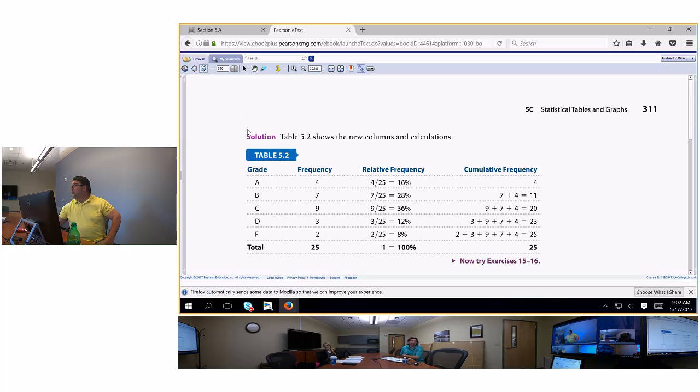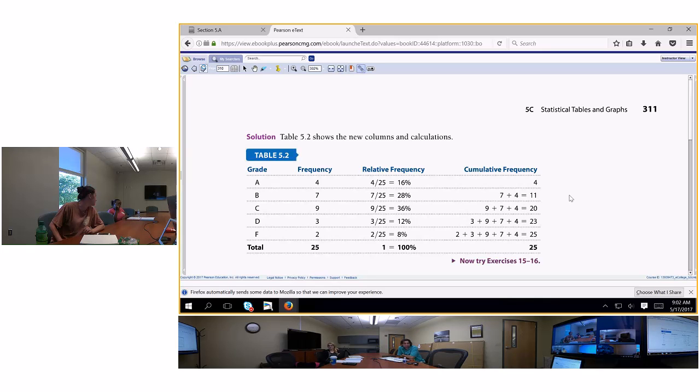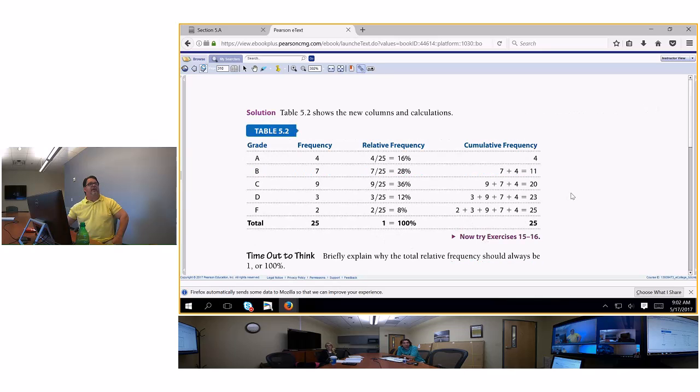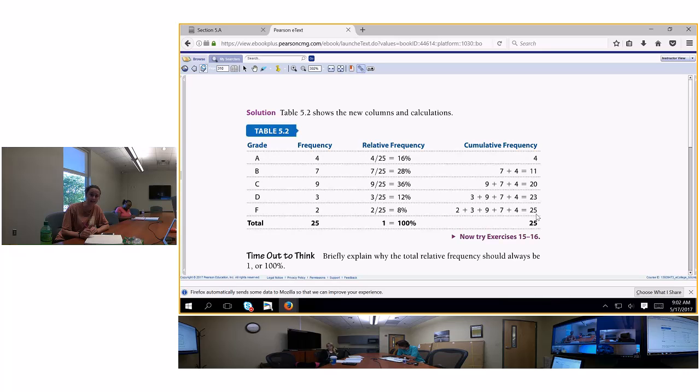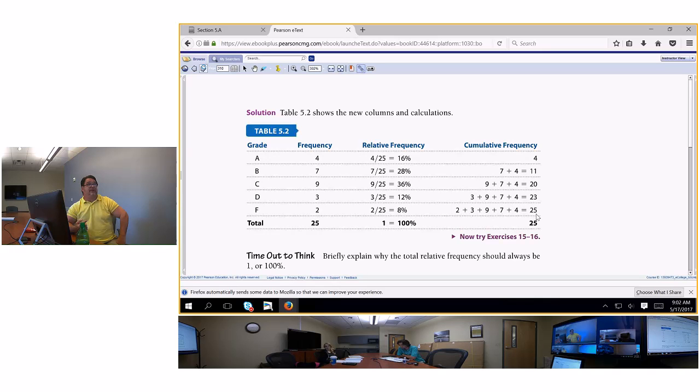Want me to write, Camille? Relative frequency. Do we need cumulative? Cumulative is right here. Cumulative frequency, I really have not understood what the real deal is with cumulative frequency. You just put the first one down and then you add the second one and add the third one, and at the end you come up with the total. I really don't know what the cumulative frequency is for. It's pretty stupid, but it is a question that you might see on a standardized test. What would we say? You just start with the first one, and then you add each one.